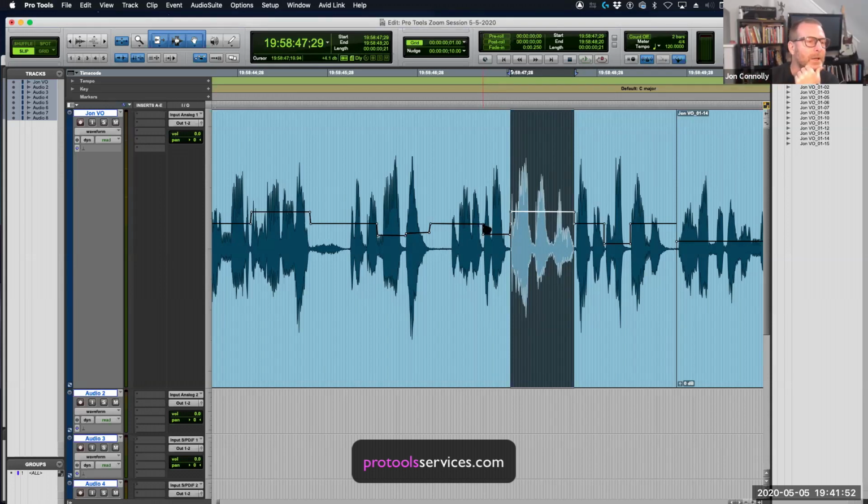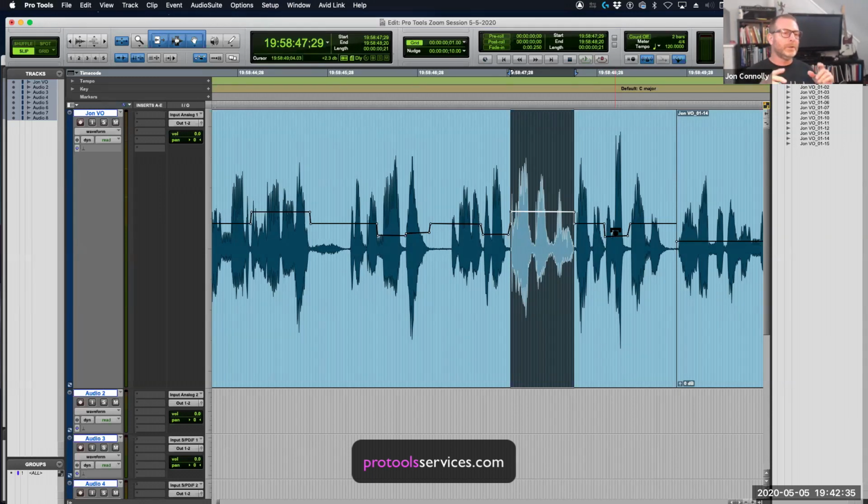Got it. Now, if I want to come in here and modify these little breakpoints, there's no modifier. I'm just clicking and dragging on those little breakpoints to move them to another location so that the gain ramps up or ramps down. And I would be listening to this. I'm not stopping and listening to this like I should, because this is a fairly abrupt gain change right here. And by listening to it, you might hear that it's obvious and it might be too much. So I might need to come in here and lessen it a little bit and ramp it up a little bit and just clean it up, massage it a little bit so it doesn't sound so stair-stepped in terms of volume.